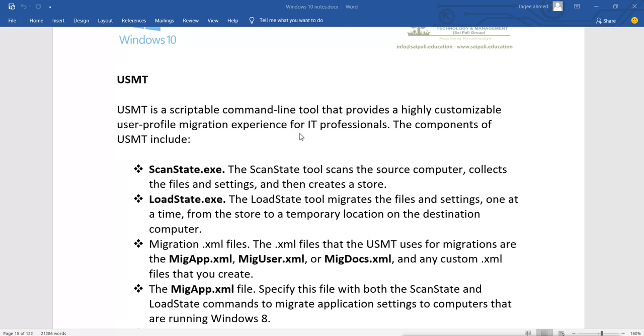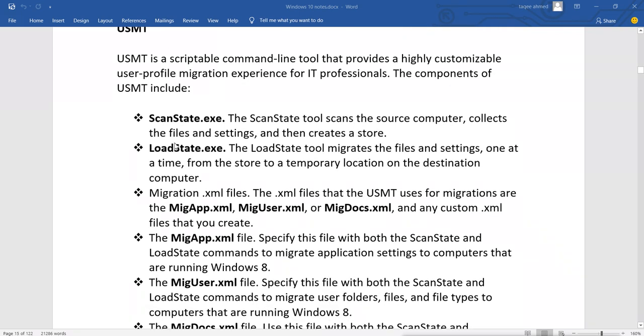The components of USMT include the following. First, we have a command line tool called ScanState. This ScanState tool scans the source computer and collects the files and settings and then creates the store. So this will take the backup of your user settings and data.